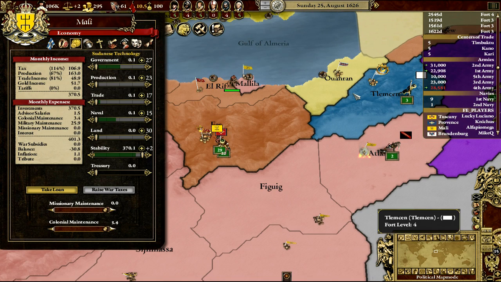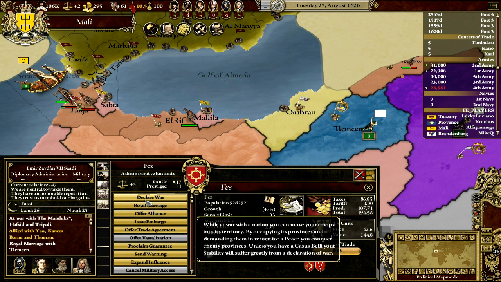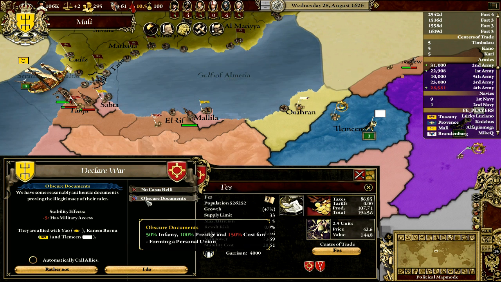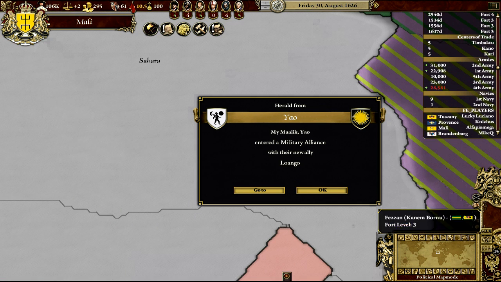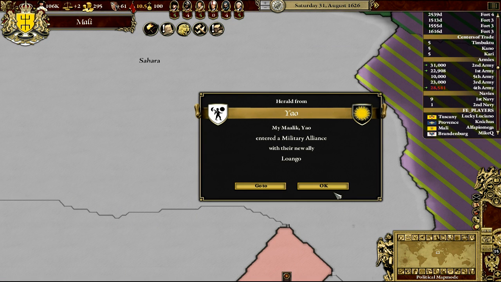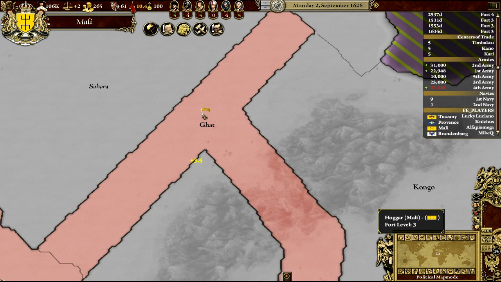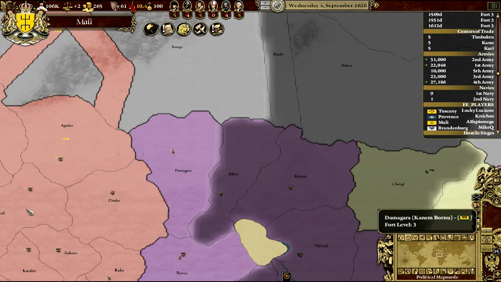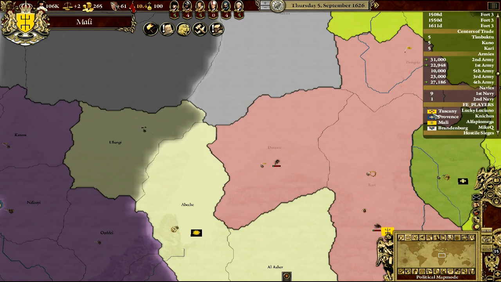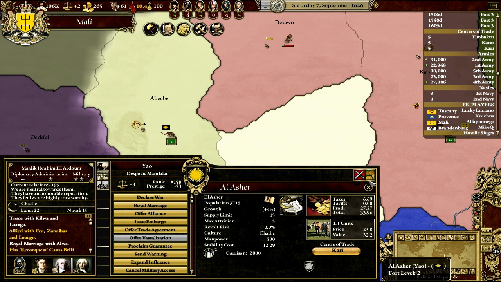So that's awesome. Who are they allied with though? Yao, which we can deal with. Tlemcen, which we can vassalize, so that's okay. And Yao might be a bit of a problem, but not a big one. They have 3 provinces and an army of 4. And we have...